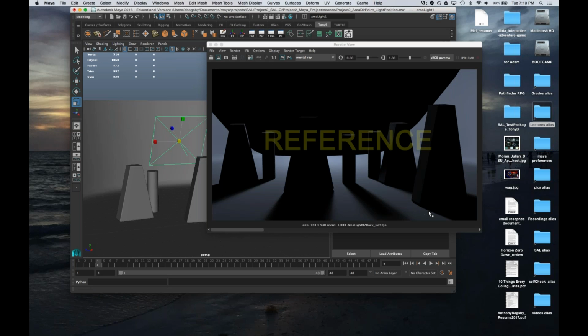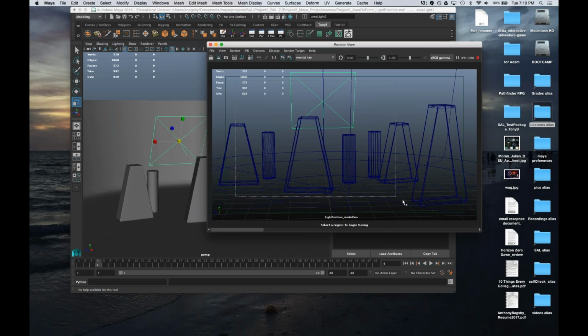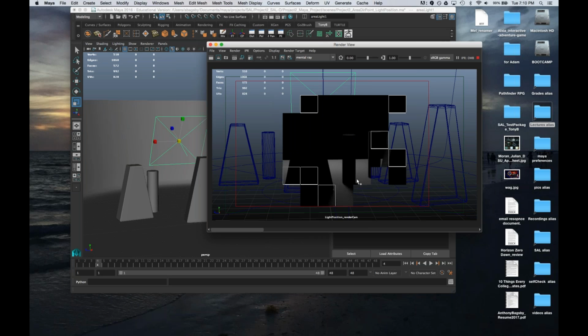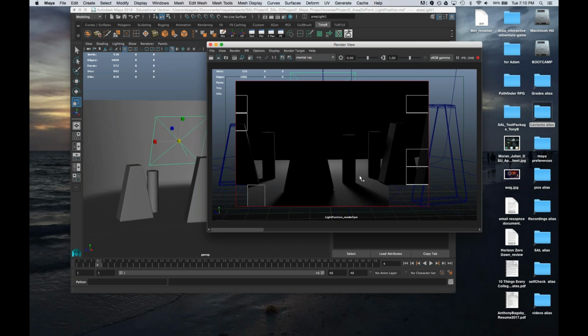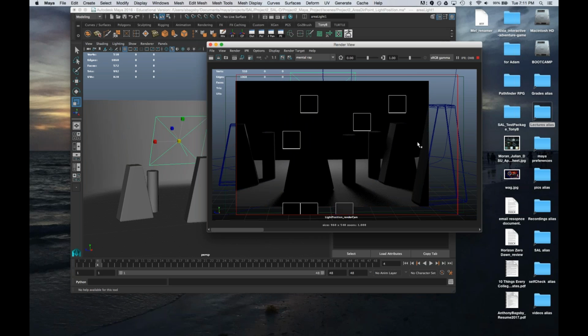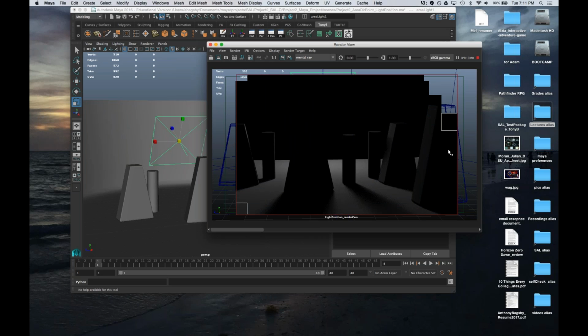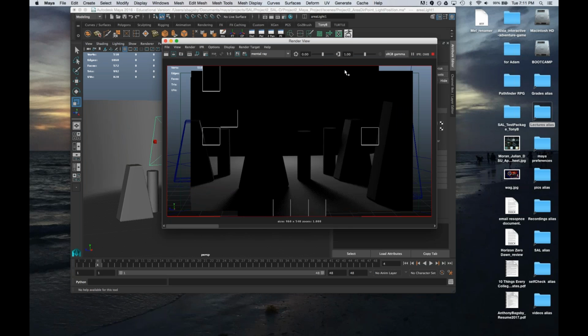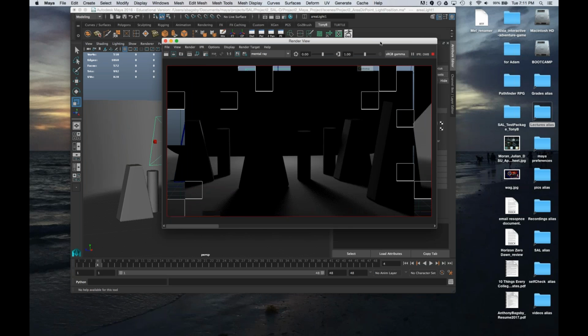So, let's do another IPR render. We'll just do the whole darn thing. This is typically not recommended, but because there's only one light in these scenes, there's not a lot going on.